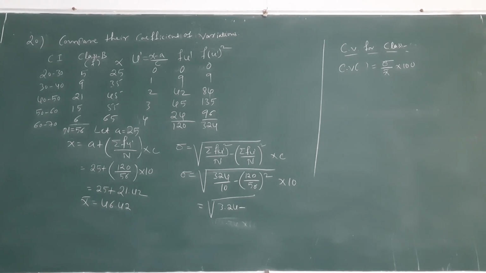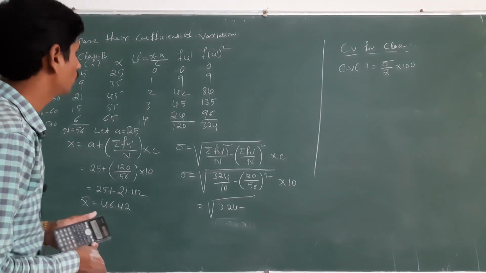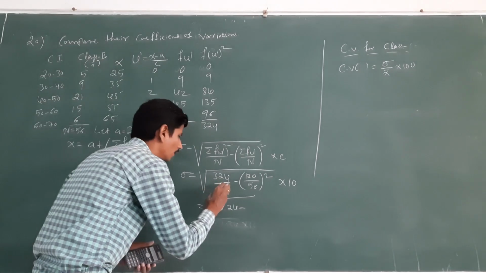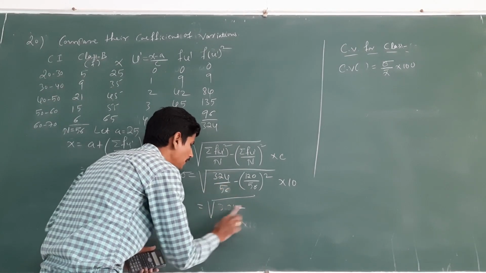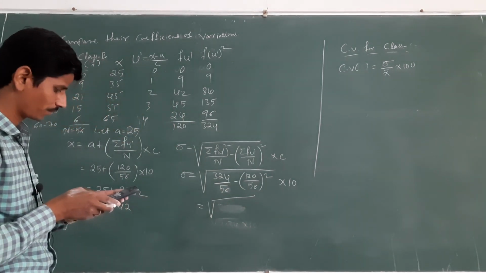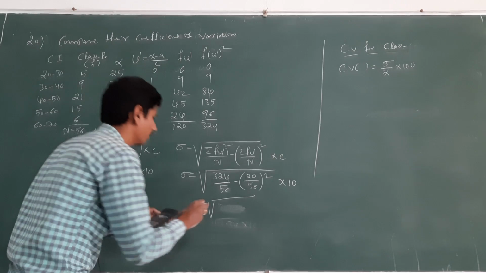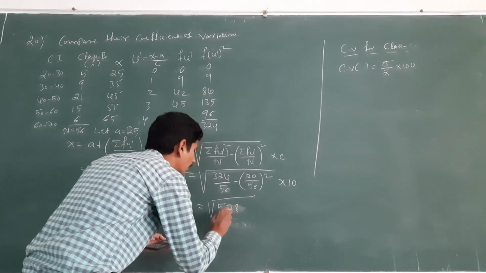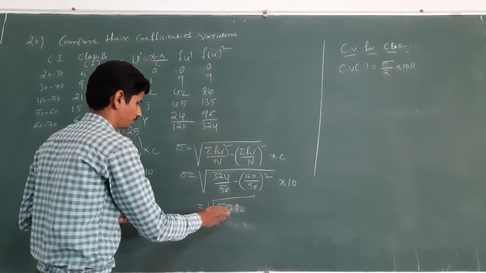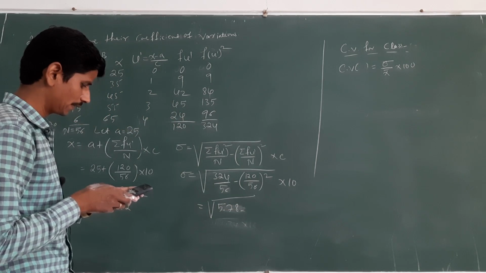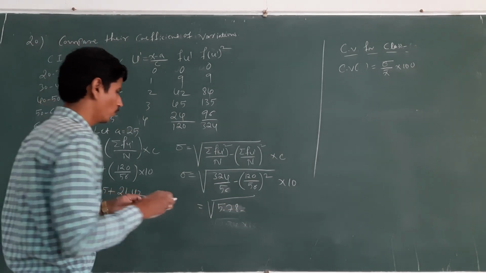Here, the sum of f u dash square divided by capital N. Capital N is not 10, it is 56. 324 divided by 56 is 5.78. 5.78 minus (120 divided by 56) whose square is 4.59